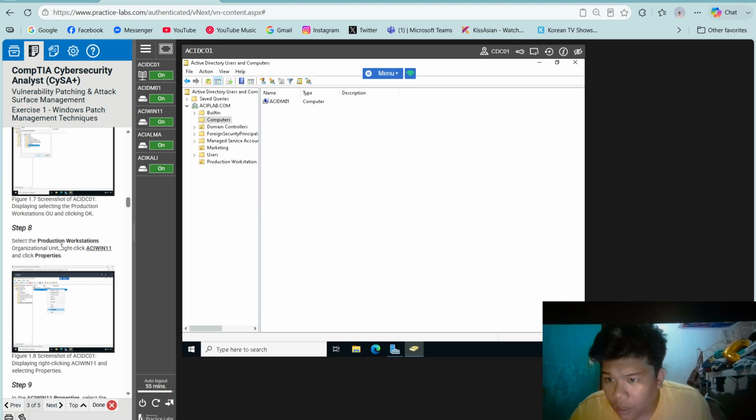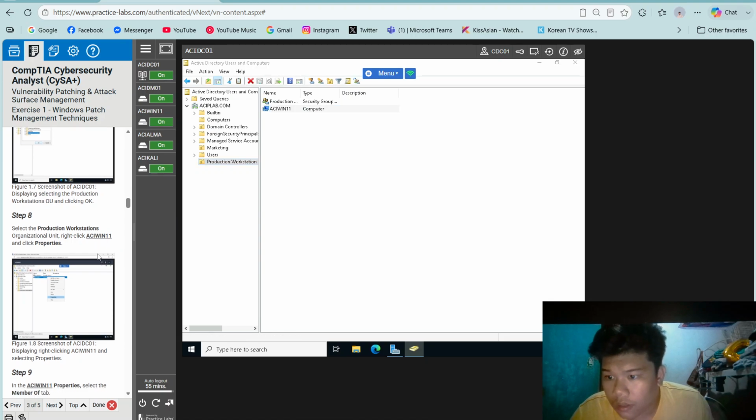Then step 8, in the Production Workstation Organizational Unit, right-click ACI Win11 and select Properties.